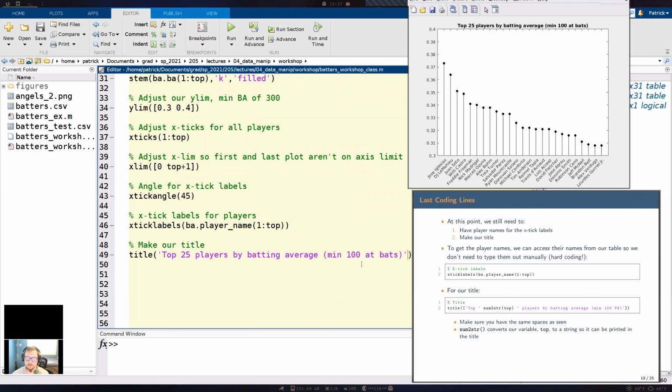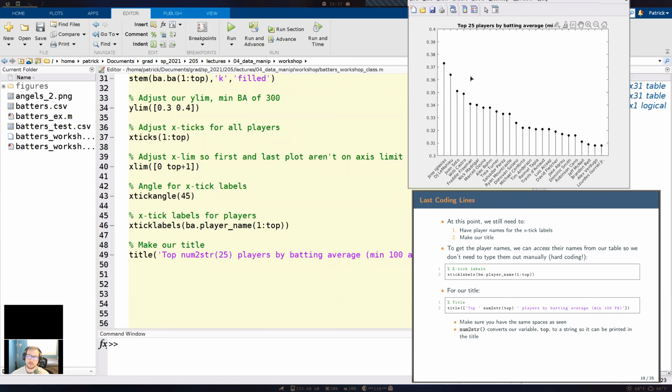But I don't want to have to type out the number 25. So I'm going to use our function called num2str. And basically what this does is it converts a number, in this case 25, into a string so it can be printed. We want to have a word, not a number, to be printed on our title.